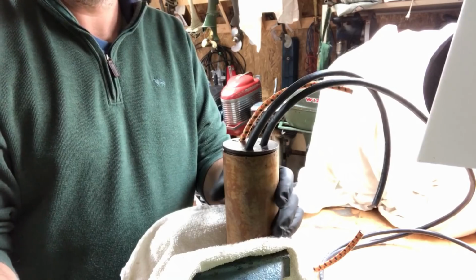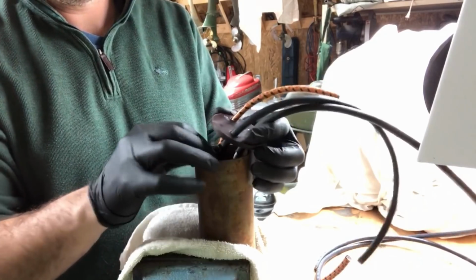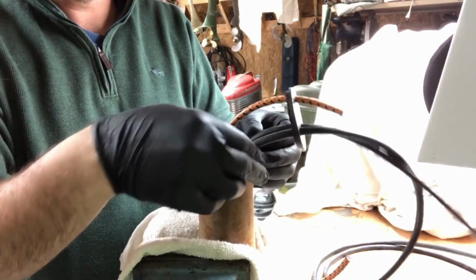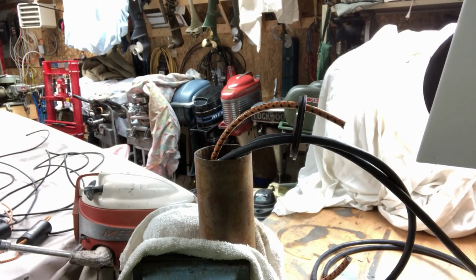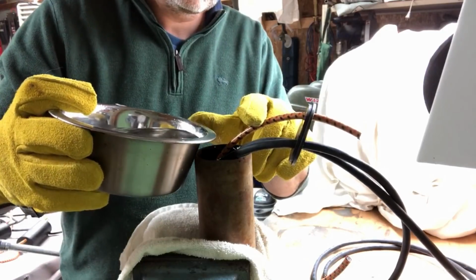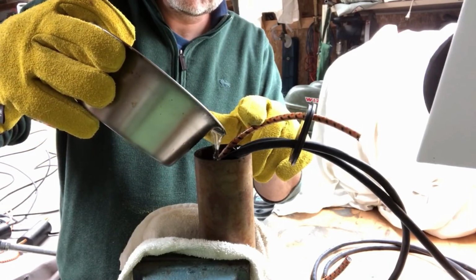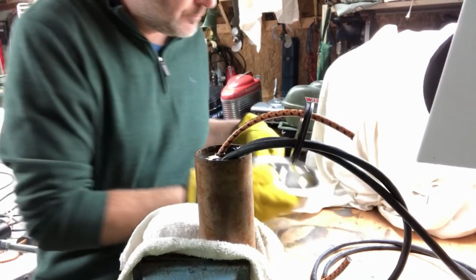Gently position your coil in the vise. And pull the cap off, being careful not to pull too hard on the wires. Now it's time to pour in the wax. Be careful, it's very easy for the wax to get away from you. Leave about a half to 3/4 of an inch of air space for the wax,